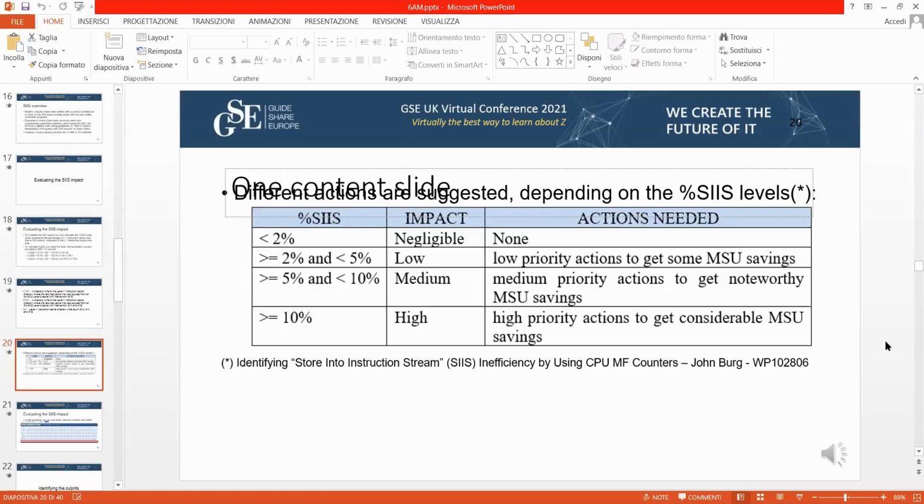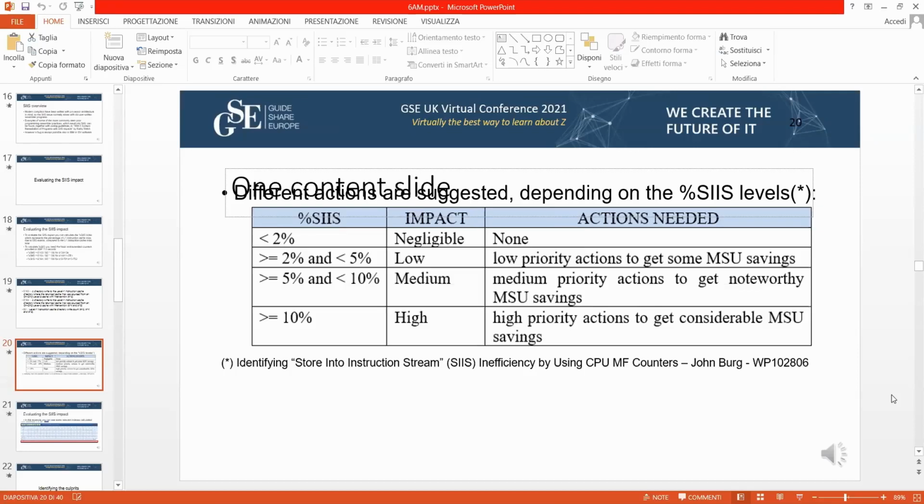Let's say that the figures you find here are really reasonable, so I don't think there is much to think about. Ideally, if you have an impact that is lower than 2% of this kind of problem, then you can forget the problem. It doesn't make any sense to spend more time, because the impact is negligible, and whatever activity you do, you will have very little gain.